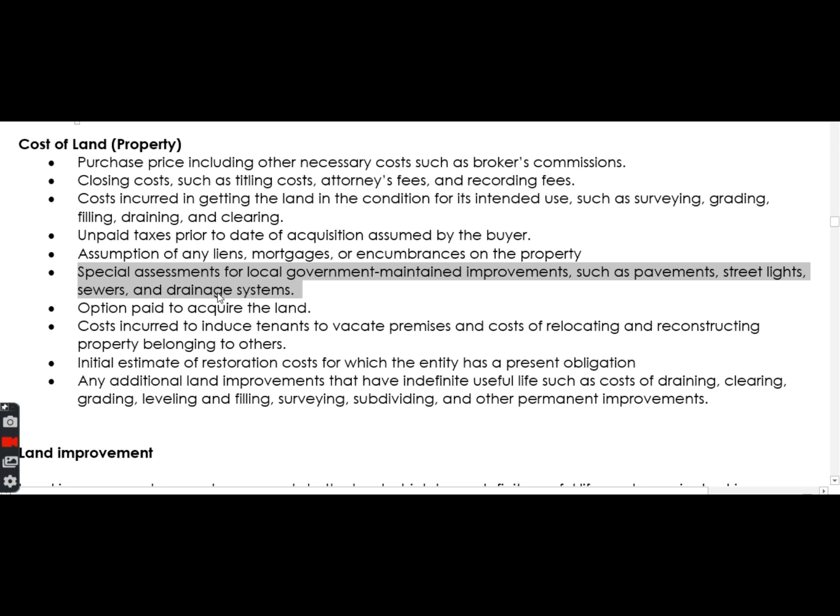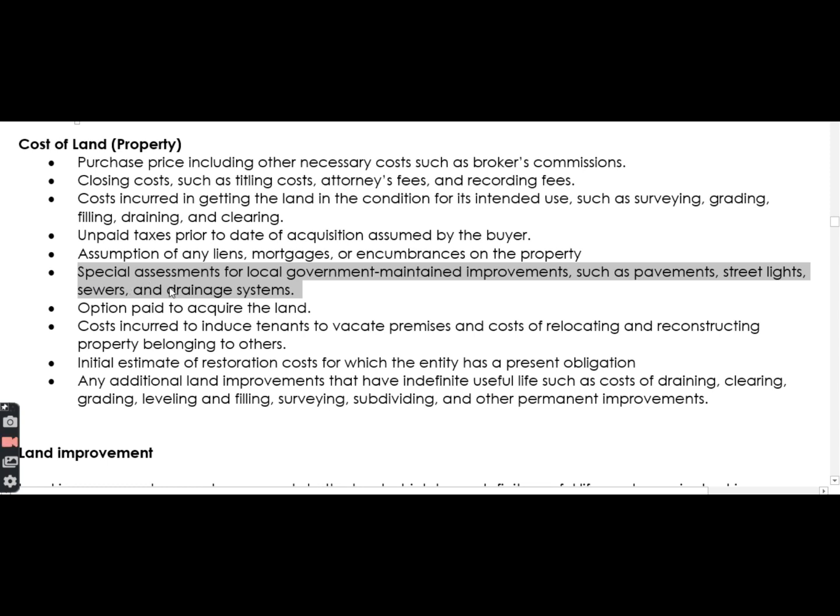Okay? Or bakit kailangan i-capitalize yan? Okay? Huwag na nating tanungin kung bakit ikaw yung magbabayad. Kaya kapag siningil ka ng gobyerno, huwag mo nang awayin yung government. Okay? Pero, basically, the concept there is, with these improvements, the value of your asset will also increase. So, pag tumaas yung value ng asset, okay, parang ang labas dyan, ang nag-contribute ng increase in the value is basically ito. So, i-capitalize mo yung